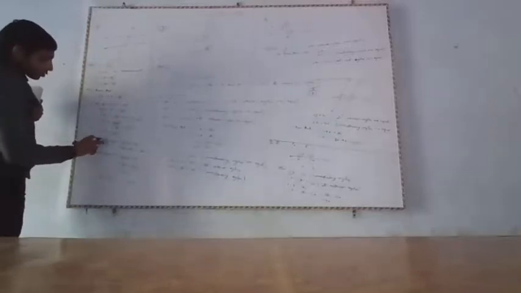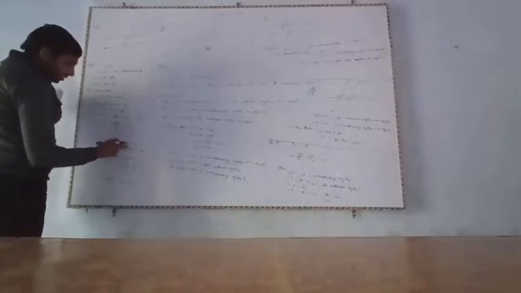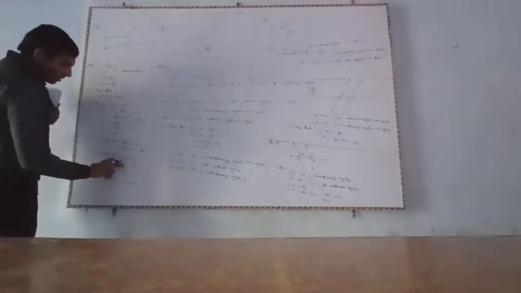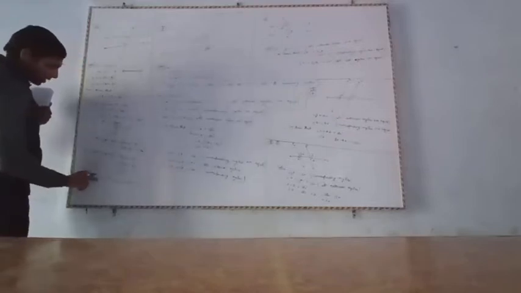From here angle A is equal to 2x minus 8 degrees. Putting the value of x, 2 into 39 minus 8, we get 78 minus 8, which is 70 degrees. Now angle B is equal to 3x minus 7 degrees, which is 3 into 39 minus 7. Putting x equal to 39, we find 117 minus 7, which is 110 degrees. So angle A is equal to 70 degrees and angle B is equal to 110 degrees.